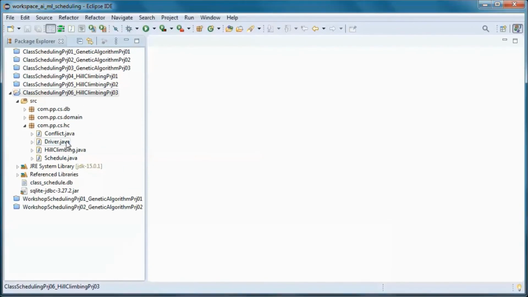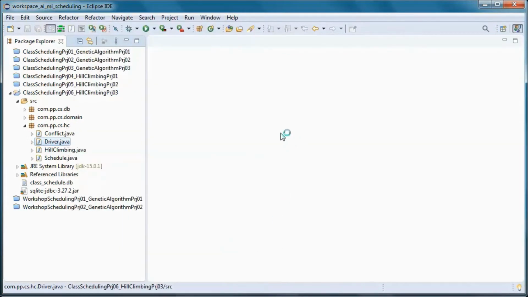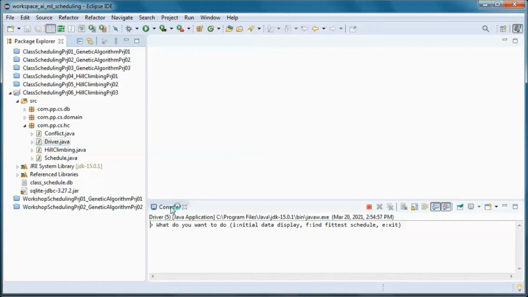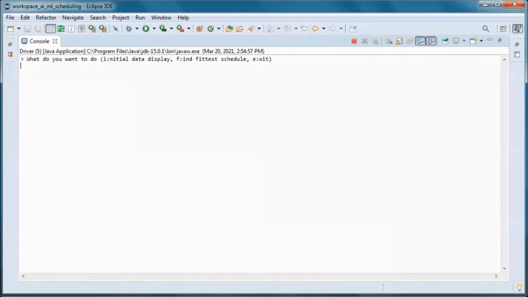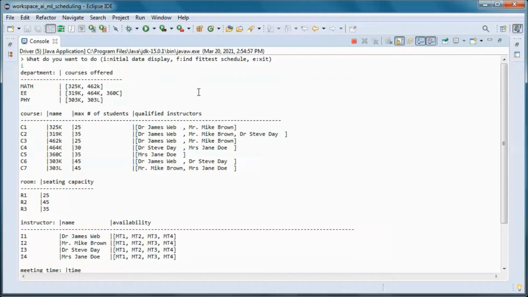And finally, let's go ahead and test run the application. So let's display the data that is in the database.